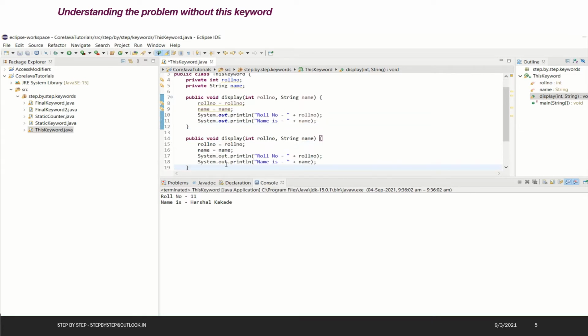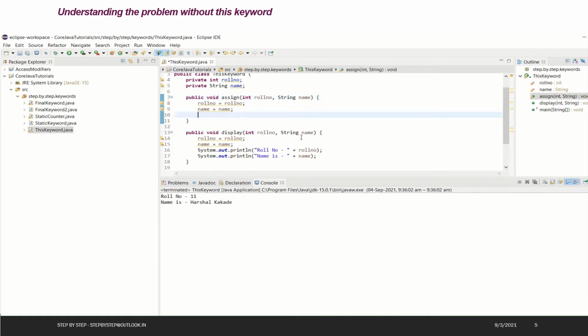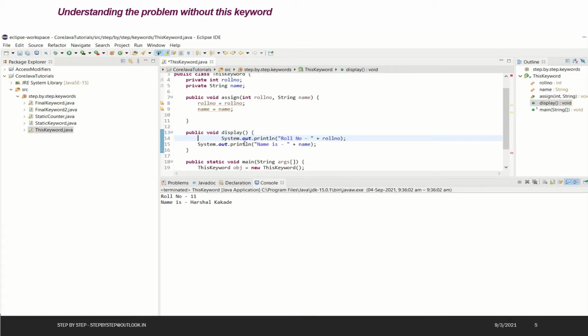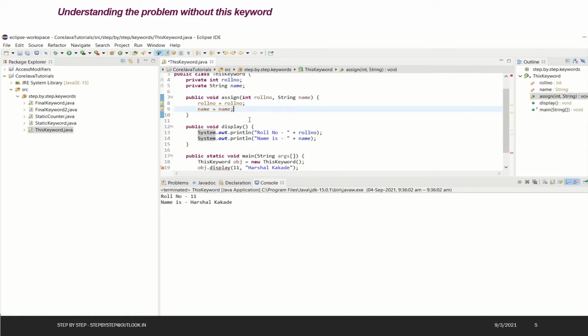Okay, and what I'll do, I'll make it assign and just assign the values, and let's make it display without parameters. Okay, so you're getting what we are doing. So to create the problem statement, we need two different methods, because the assignment should be in another method